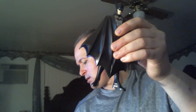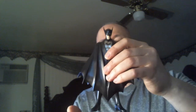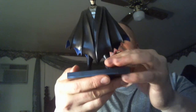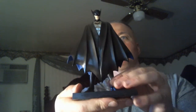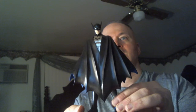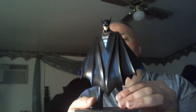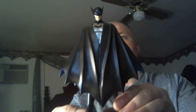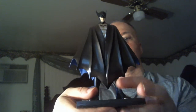And you can see the blue interior. Again, check out your old Google image search, some Batman 1939. You'll see that's what it is. And it seems pretty sturdy on the base, which is always a complaint of any action figures that don't have a base, where it's just like you gotta hope for the best with them standing up. Alright, so there you go. You've now seen the 2014 San Diego exclusive